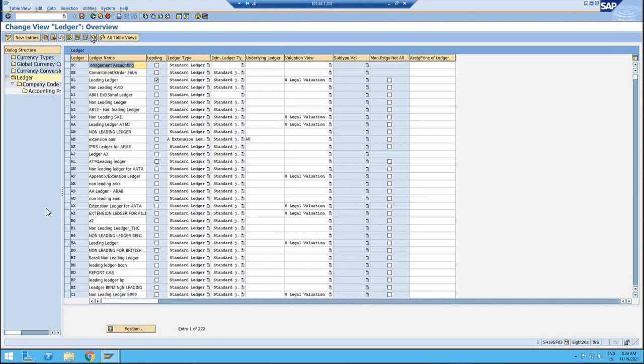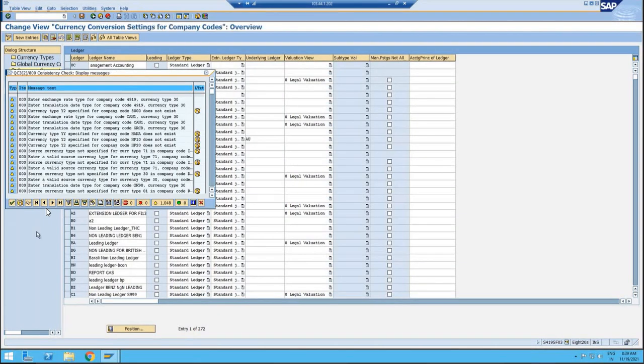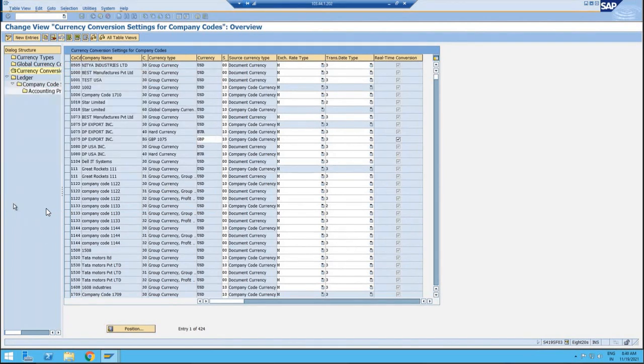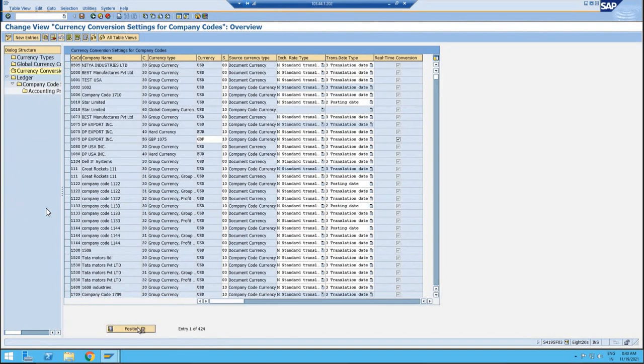So I'm at the FINS_LEDGER transaction code. What I've specified to my system is that for my company code T001,